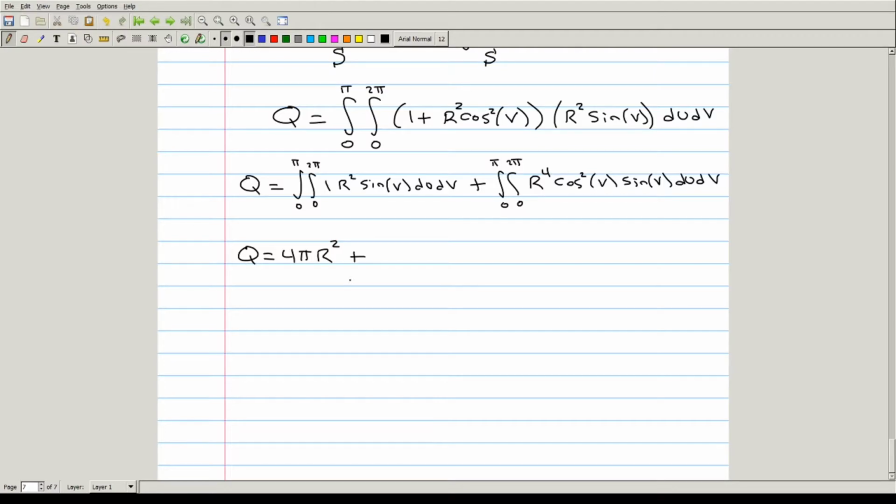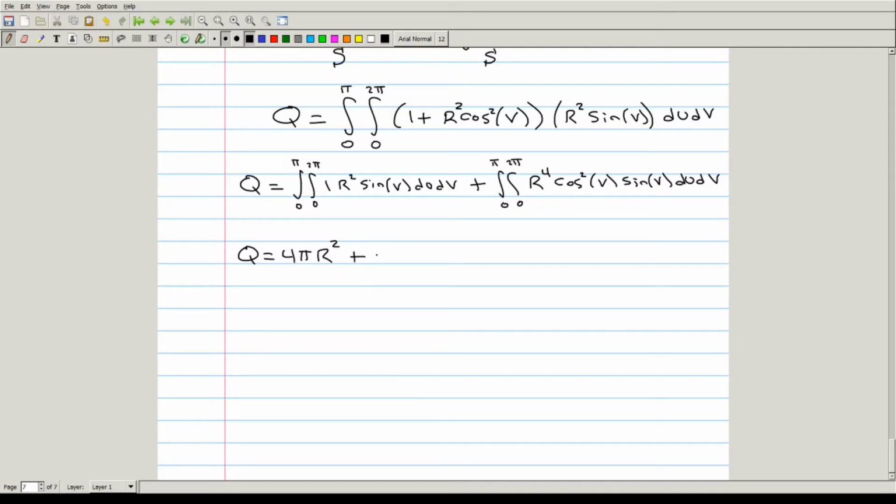And we have to add to this whatever this double integral right here becomes. So sure enough, when we go through and do this, this is a relatively straightforward integral to evaluate. It just becomes